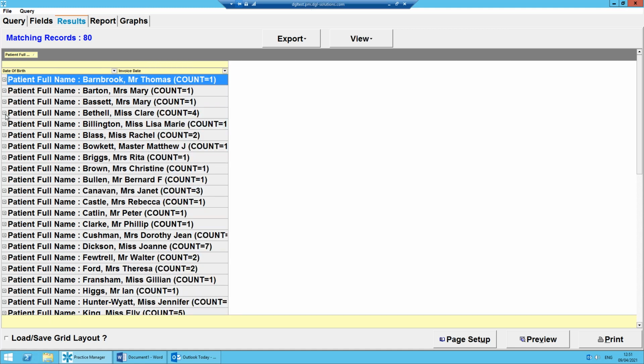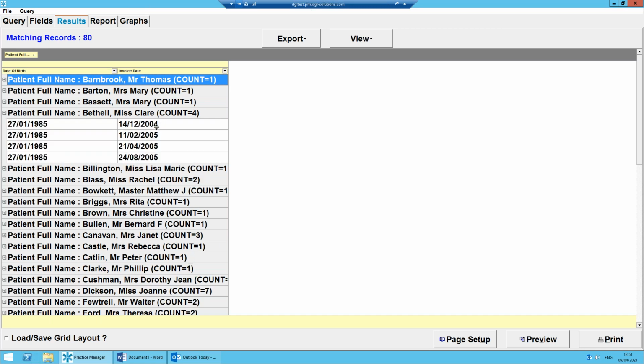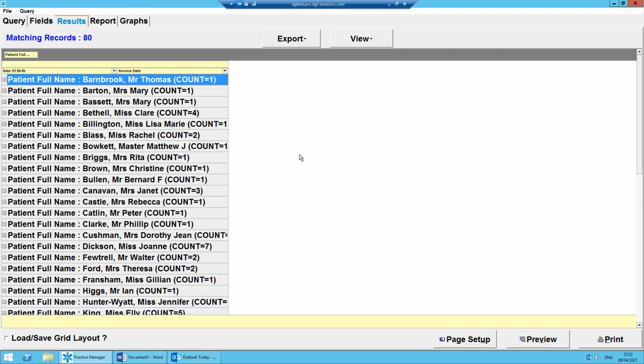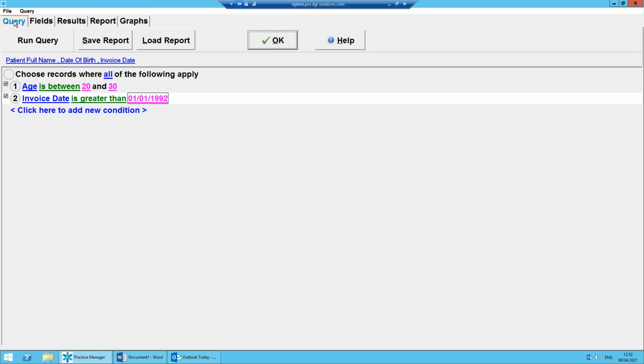So you can see, for example here, patient full name, Claire Bethel has had 4 invoices, and these are the date ranges of them. Now, if this is a report you're going to keep running, and maybe you need to run it once a month, you can save this. So if you go to the query field at the top here and then click Save Report,